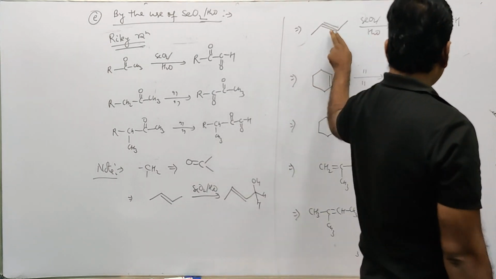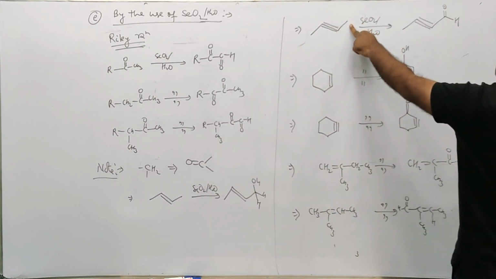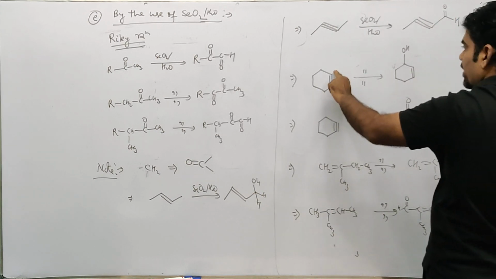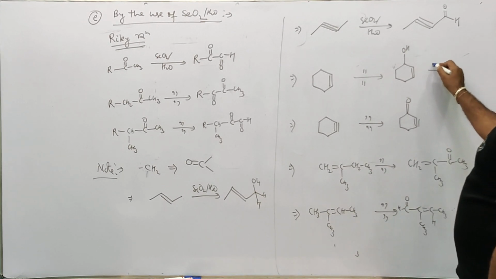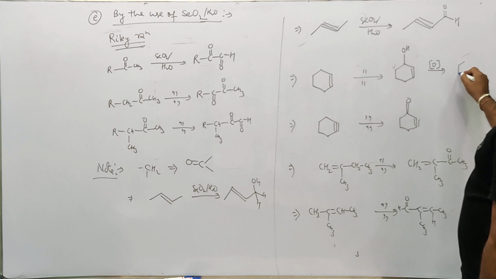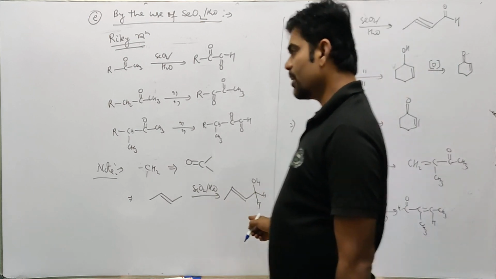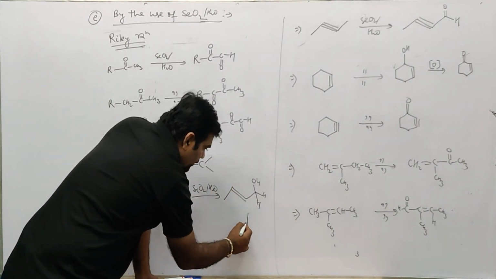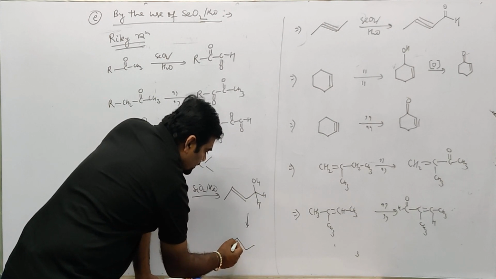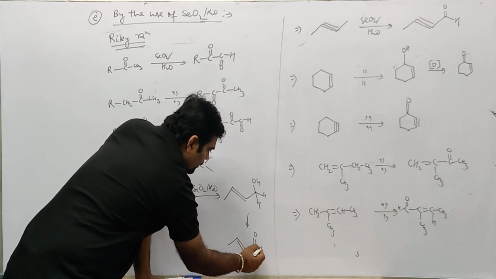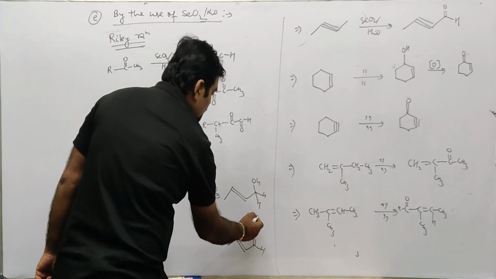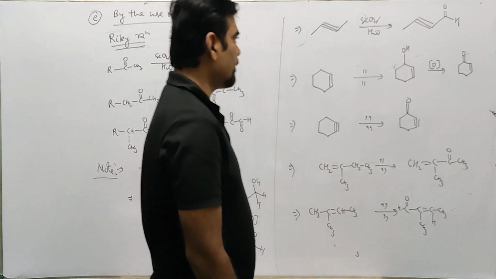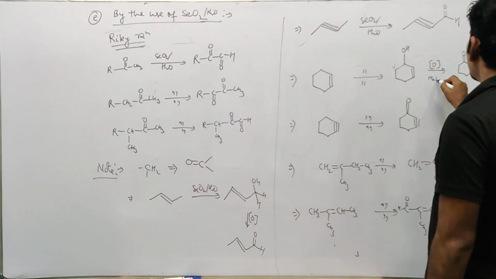Carbon to carbon triple bond, adjacent active methyl or methylene group is converted to aldehyde group. Again over here, this is OH, this will be converted to ketone. This allylic alcohol further can be oxidized, and it is oxidized to the corresponding ketone. Similarly over here, this allylic alcohol further gets oxidized, not in presence of this, but by using another oxidizing agent, to become aldehyde. So further it needs some oxidizing agent to do the reactions. MnO2 is the best method.